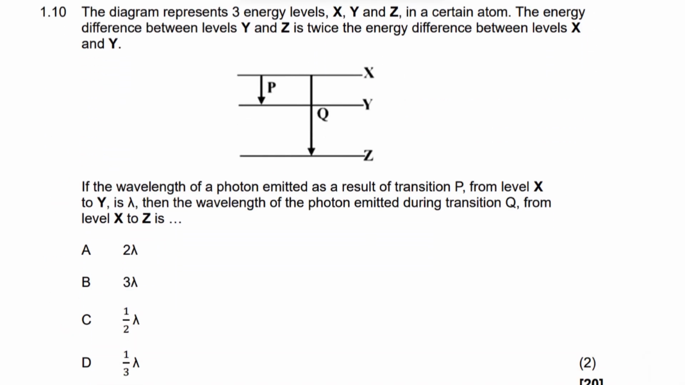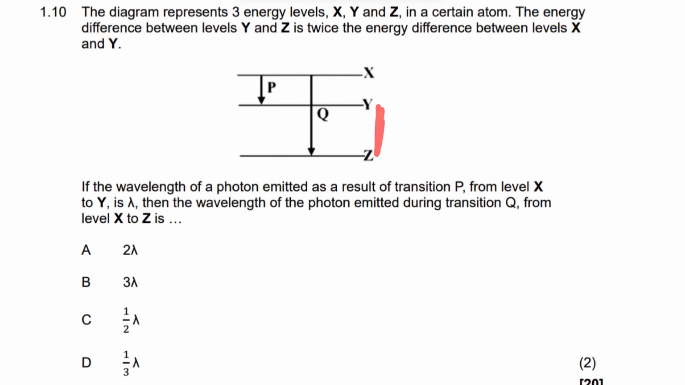Right, let's look at the last question in the multiple choice, guys. It says the diagram below represents three energy levels, which are X, Y, and Z. These are the energy levels in a certain atom. Now it says the energy difference between Y and Z